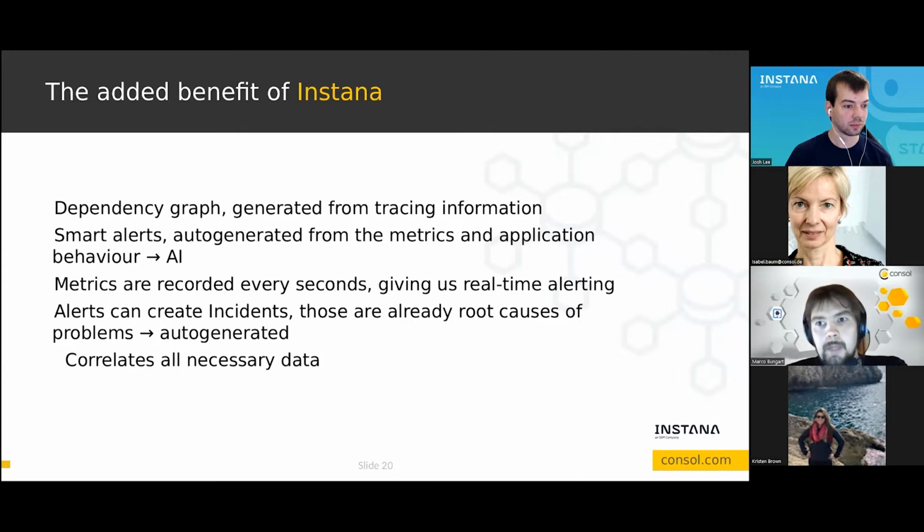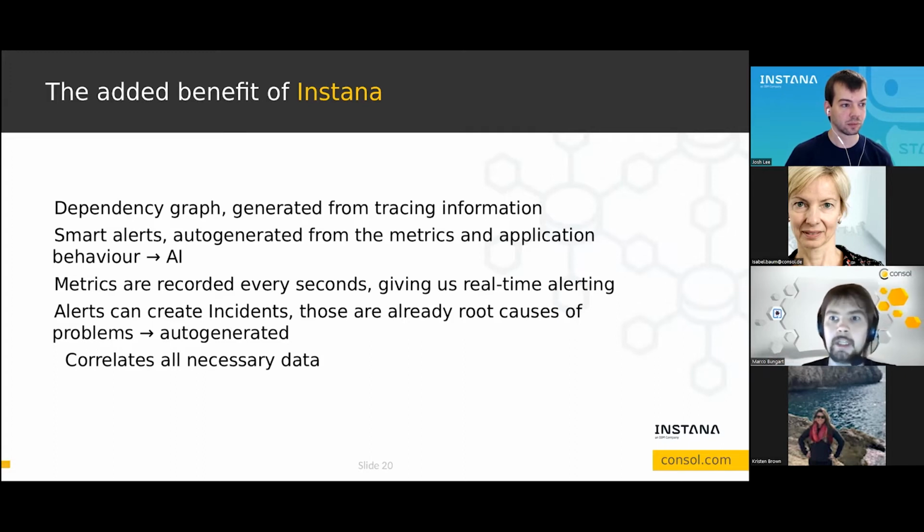Instana also scrapes metrics information for us, not only metrics information, but also application insights. And through the metrics and application behavior, it can create smart alerts. Yeah, so it's doing this through an AI. And this is a really awesome feature because we don't have to configure anything.